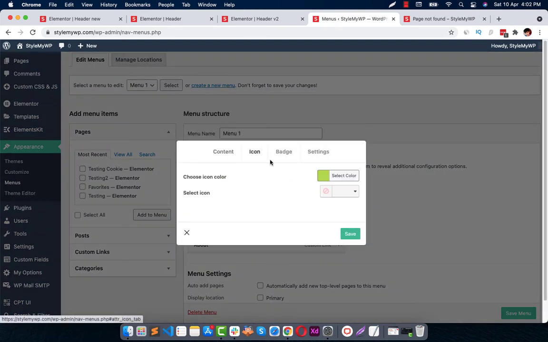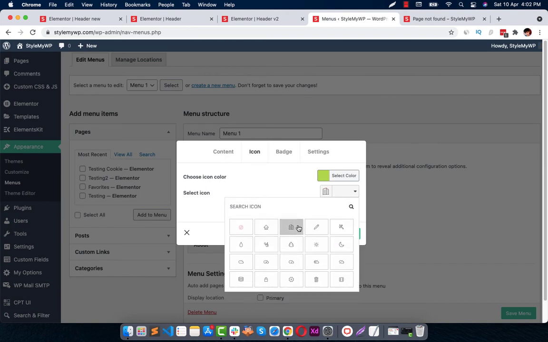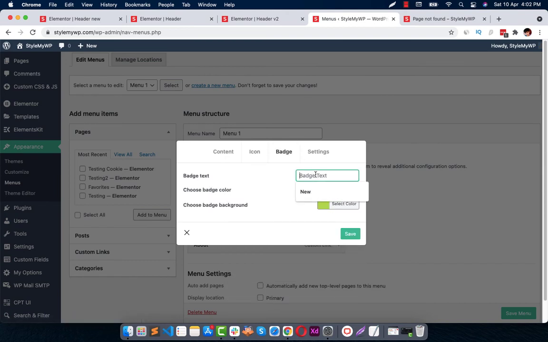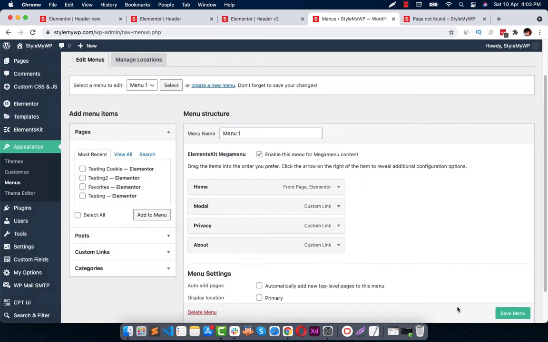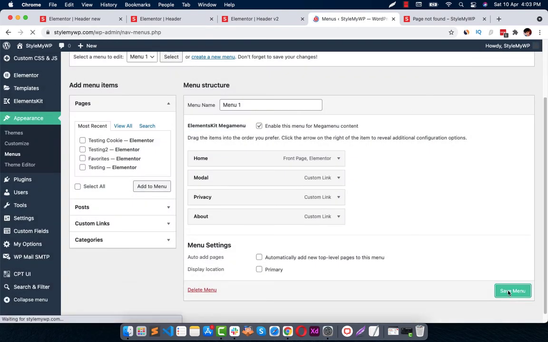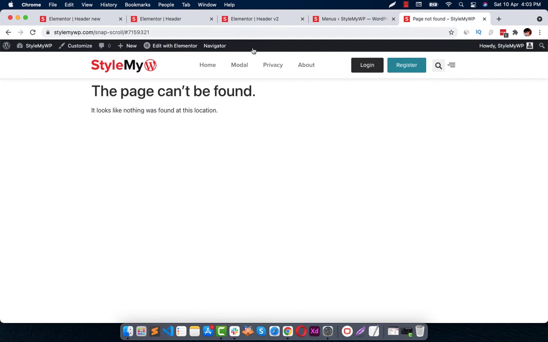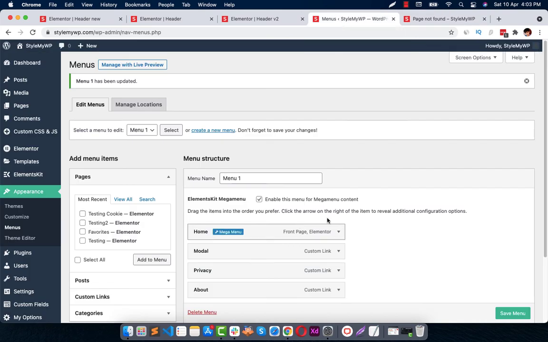Let's change its icon, and full width. Okay, and let's see. It's still not coming.